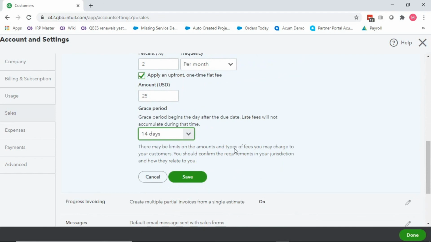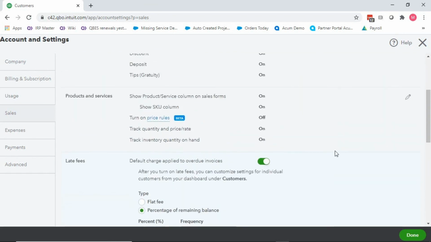Now, one thing to remember about late fees that Intuit does give you a warning about here is that depending on your state and your locality, your jurisdiction, it could be that they're not allowed. So just have general awareness on if they are allowed in your area. Just because somebody else is charging them doesn't necessarily mean that they are allowed, so just look into that before starting to assess late fees. All right, those are preferences around late fees.